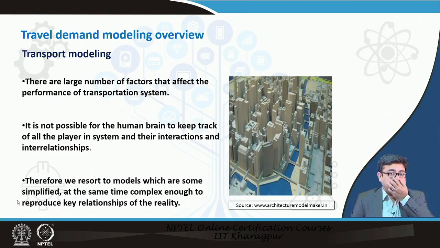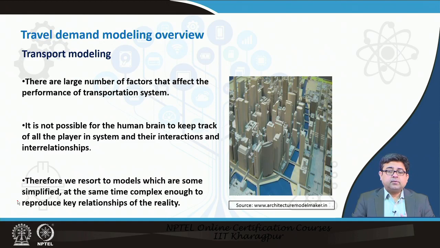So, when we are looking at transportation modeling, essentially what we are trying to do is understand where people come from and where people want to go, and which route they want to take. So, we want to know where people are staying, where they want to go, which route they want to take, and also which vehicle they prefer to use. Do they want to use their own private vehicles, cars or two-wheelers, or do they want to go on a bus, do they want to take the metro.